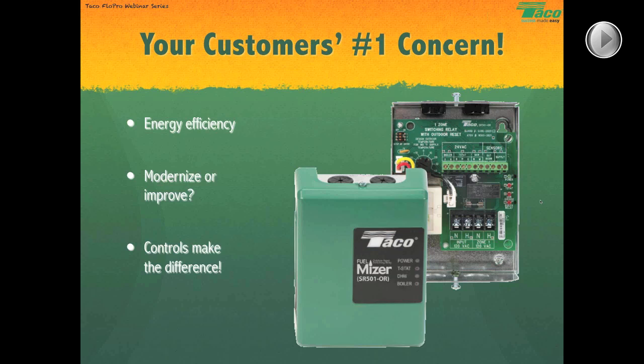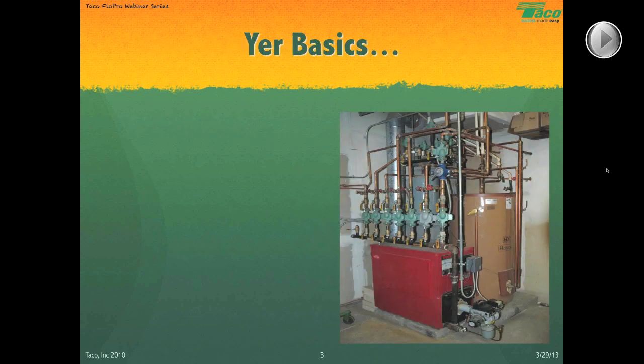Okay. Let's start with some basics here before we jump into that. Understand the basic controls that we have with a cast iron boiler. We're talking about on-off single stage, pretty straightforward controls, with a high limit aquastat for most cast iron boilers, or